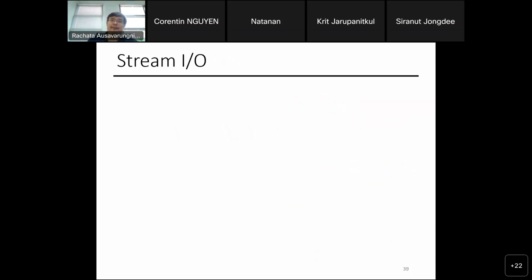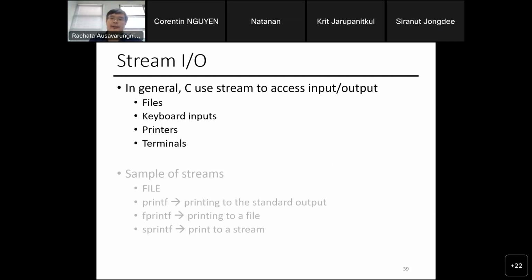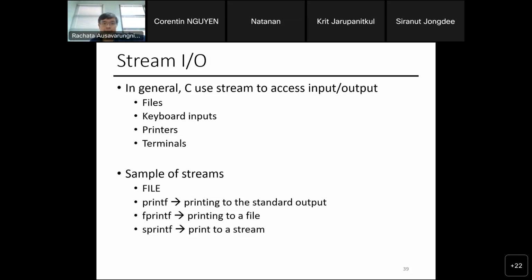Because a file is a stream, right? Stream IO is basically a type of data that handles things like files, printer, terminal, keyboard inputs, right? You can use printf for normal standard input output, your keyboard and the monitor, fprintf for the file, and sprintf for the string. We don't have time to go into the detail of sprintf, but you can take a quick look at that in case you need it in the future if you have to play with strings. The concept of string, we'll dig through in more detail when you go to functional and parallel programming.